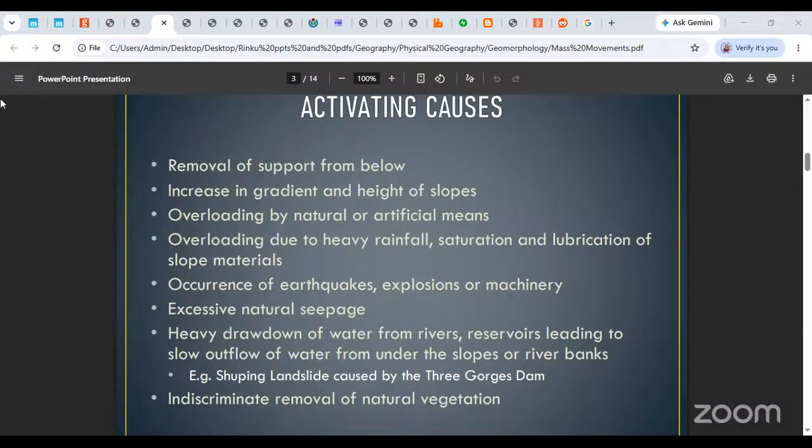Do you understand overloading? Originally there was a cliff over here. We say there is a cliff over here, and there was no material on the top of the cliff. Now, say for example, we go ahead and make tunnels and go through construction activities. We will remove all that material. There is no way we can take all that material downstairs again, right? We don't take all that material away. We'll just pile it to the sides.